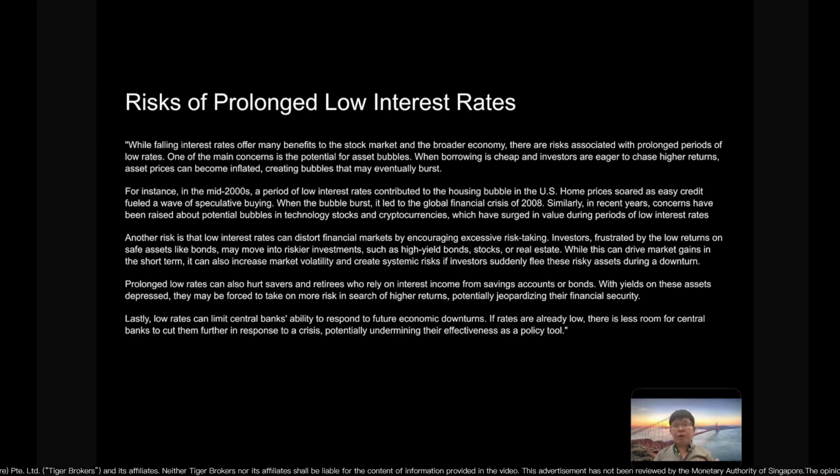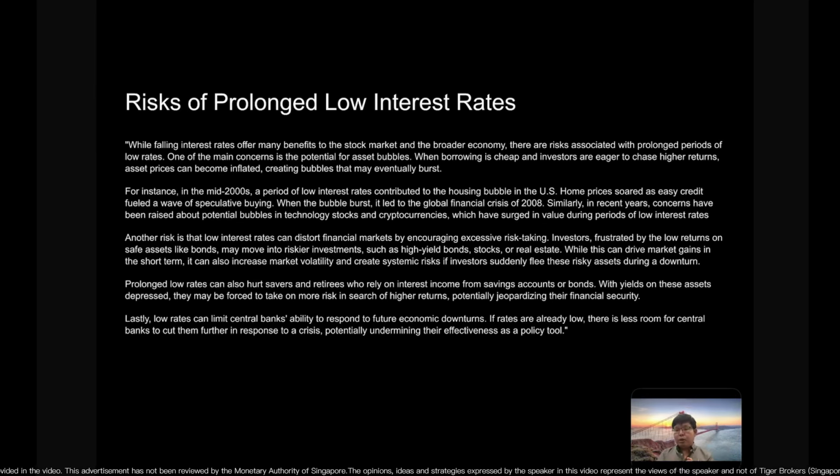If the interest rate is too low, everybody has a lot of money and they will start to buy more and more things. Like the US during 2008, the crisis was due to a bubble. They also can hurt savers and retirees, who rely a lot on the interest rate. Savers and retirees, that's what I said at the start of the video, right?